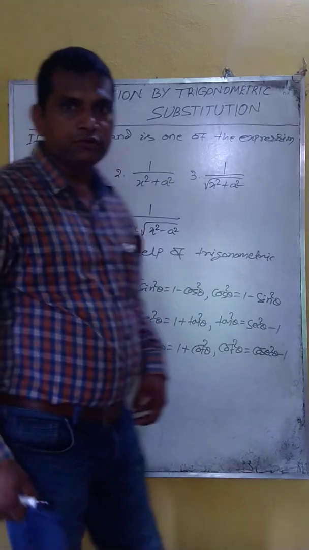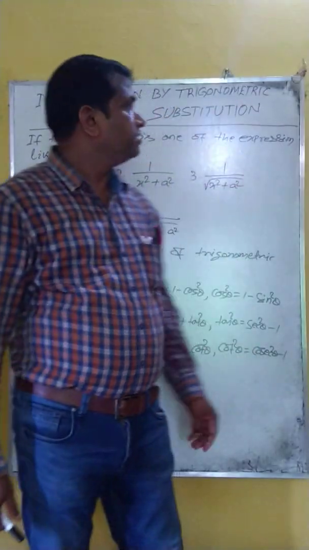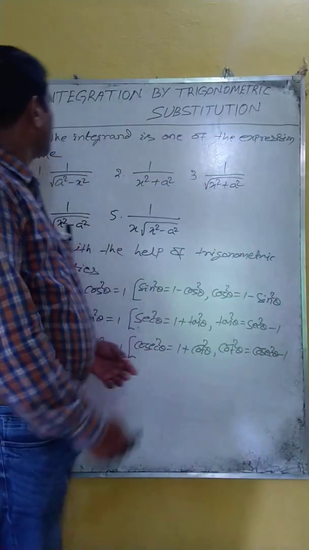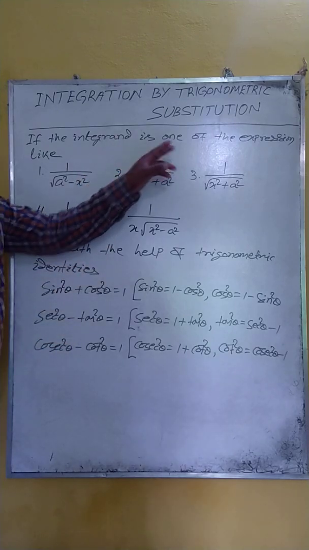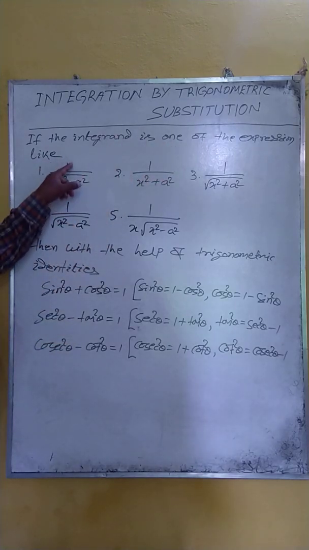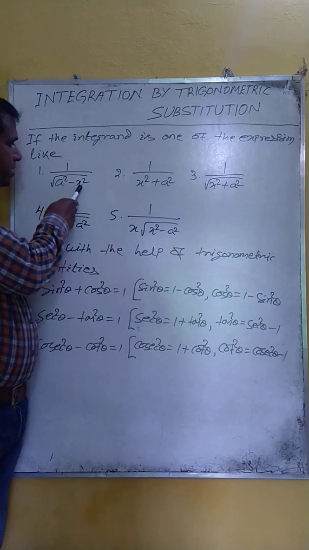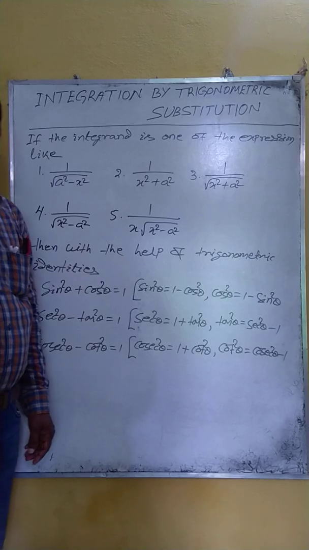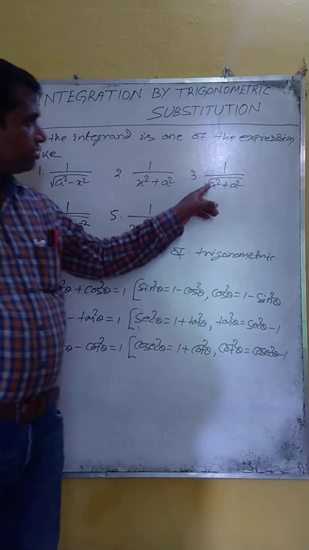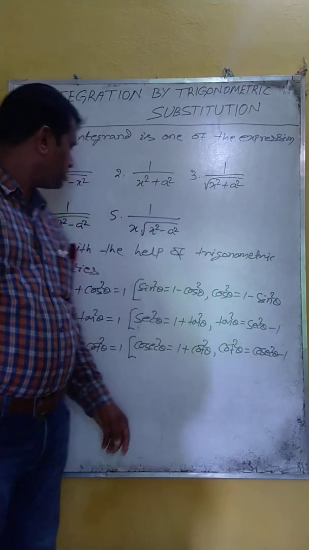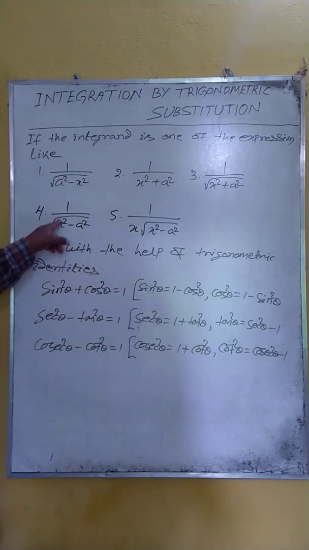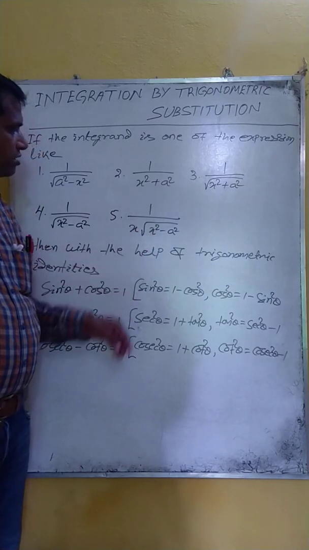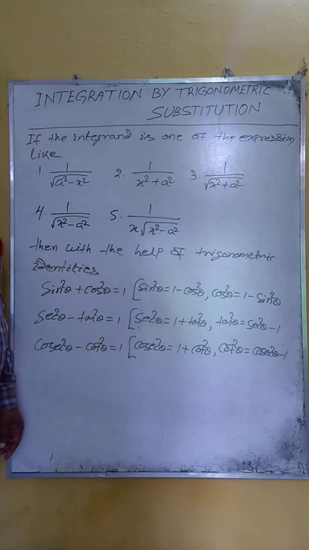Good morning. Today we discuss integration by trigonometric substitution. If the integrand is one of the expressions like 1 by root over a square minus x square, 1 by root over x square plus a square, 1 by root over x square minus a square, and 1 by x root over x square minus a square, then